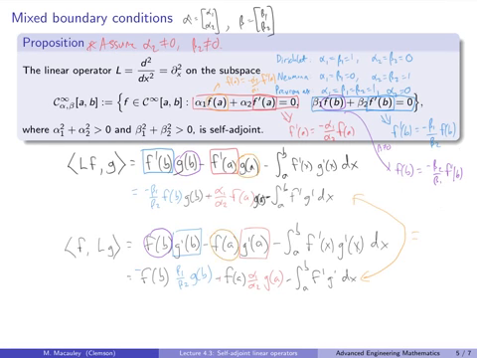So there are 4 cases to handle. I just did one of them. It should be easy to see why. Because one of the alphas is non-zero and one of the betas is non-zero, you can solve for that corresponding term and just eliminate it, and you get, in all 4 cases, that both of these terms are going to end up being equal, and therefore these two expressions are equal,